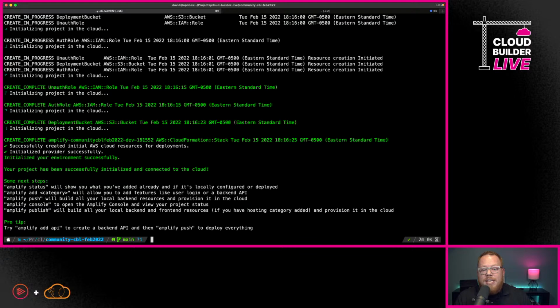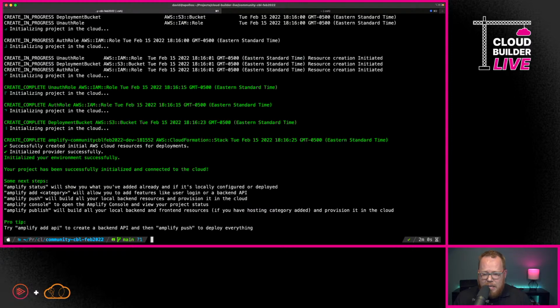Another question is here, is the CLI the only way to install? It's really the only way that you want to leverage for Amplify. You could go through and do some of this by hand and then just try to integrate it in with the AWS console, but that's going to be a lot of extra work. So I would definitely recommend using the CLI over other approaches that you could take with AWS Amplify. And that was a question from TaylorMade Media. So great questions out of the gate.